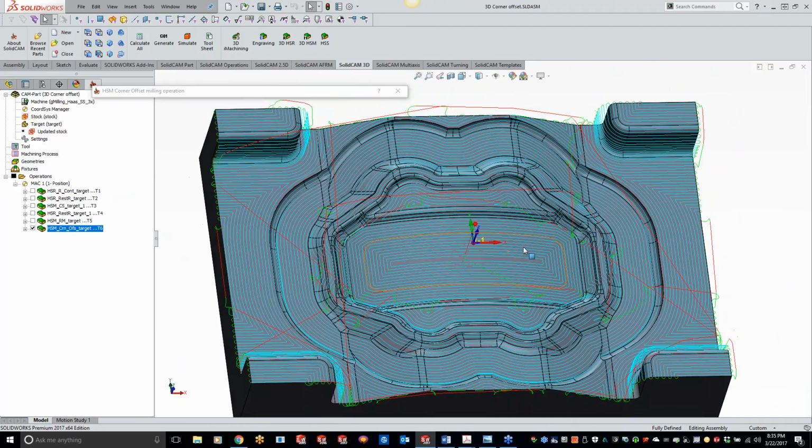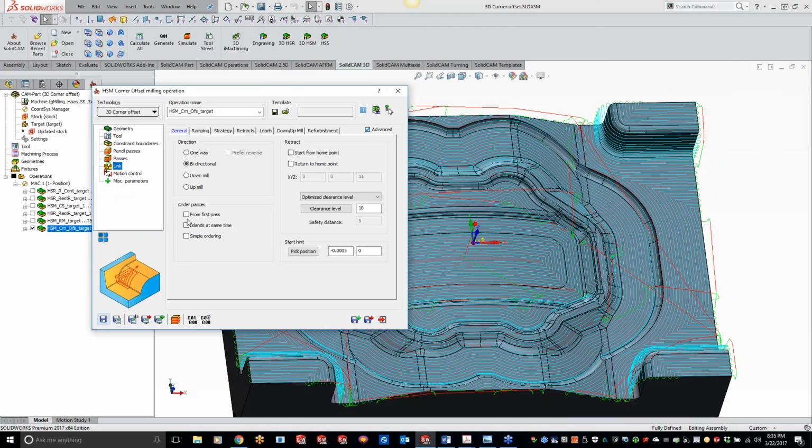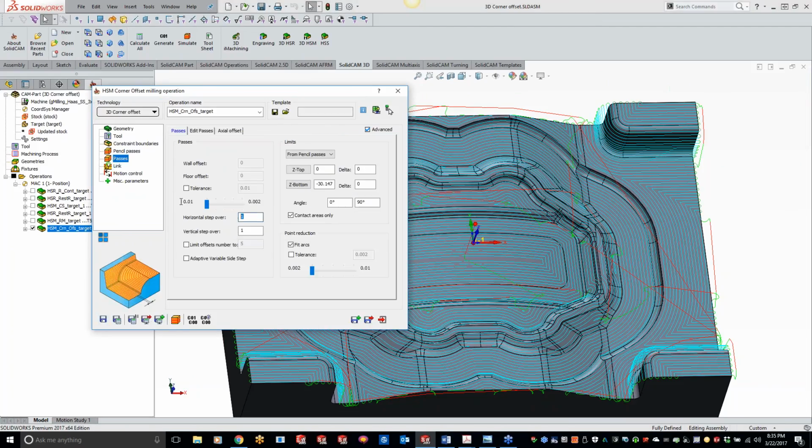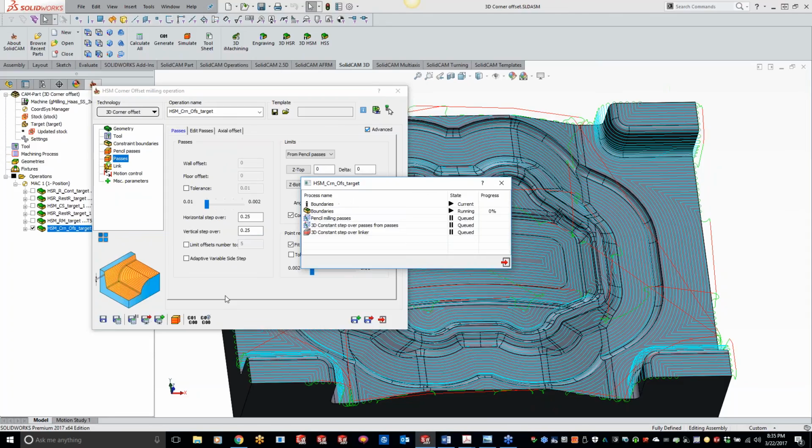Obviously, as I have it sitting right now, I'm not going to get a real nice surface finish, but this way you're able to see what's going on here. If I set this to a more realistic number of 0.25 millimeter, which is about a 10th step over for you guys,